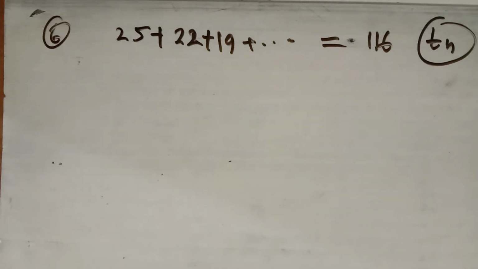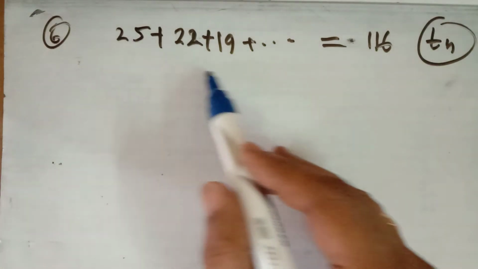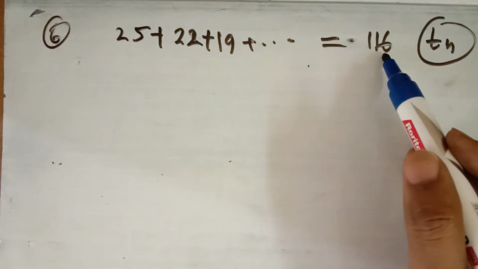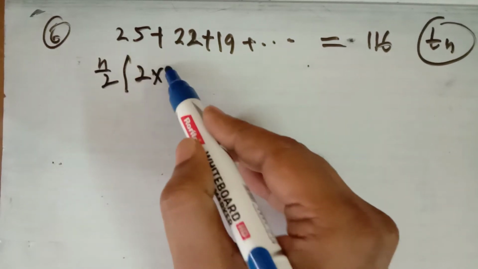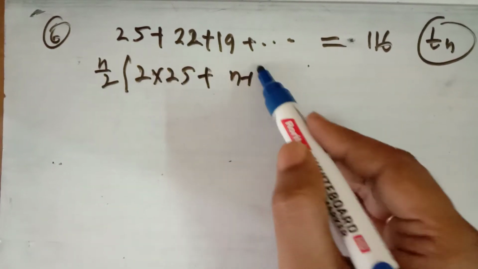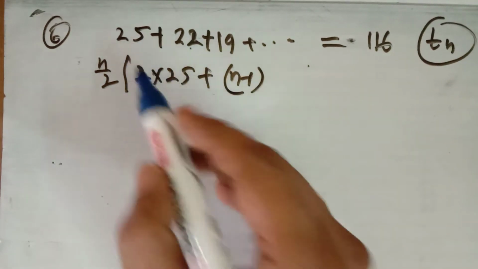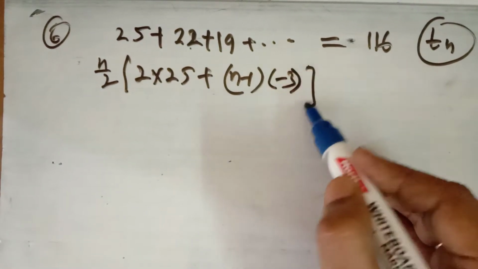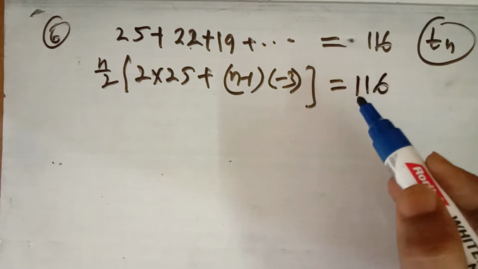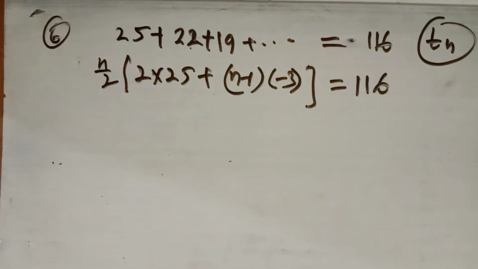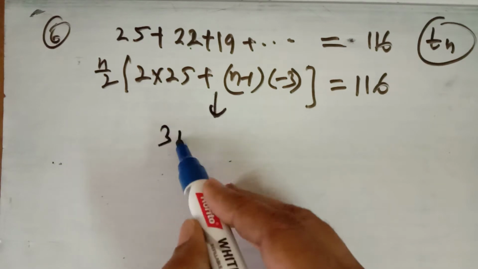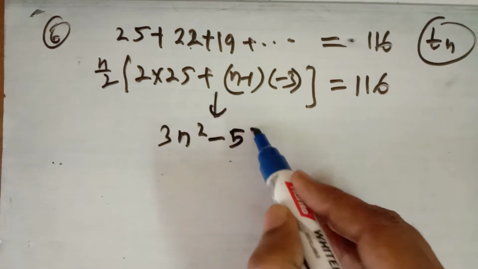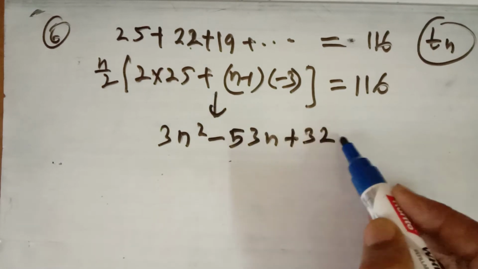So first of all, you find how many terms there are from 25 up to some number of terms, which gives 116. So use the formula n by 2 into [2a plus (n minus 1) into d], where a is 25 and d is 22 minus 25, that is minus 3, and this will be equal to 116. When you solve it, you will get the value of n. When you open the bracket, you will get the quadratic equation 3n square minus 53n plus